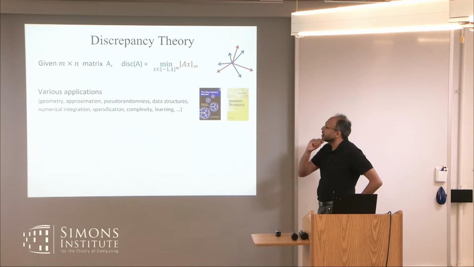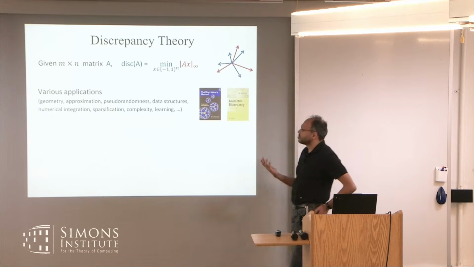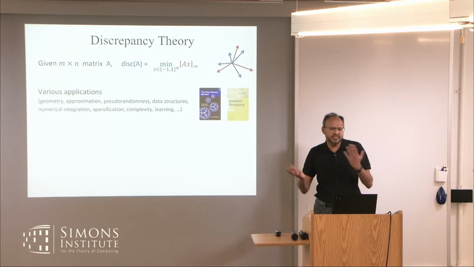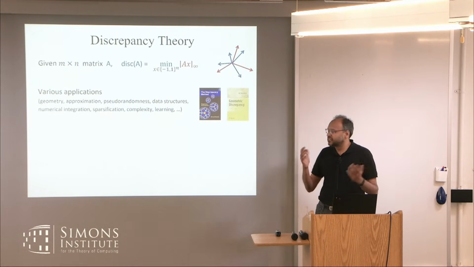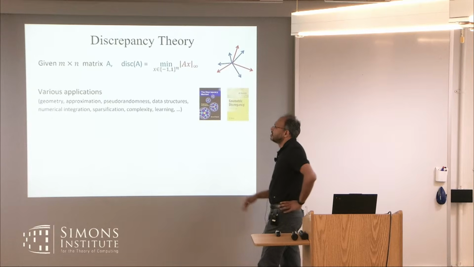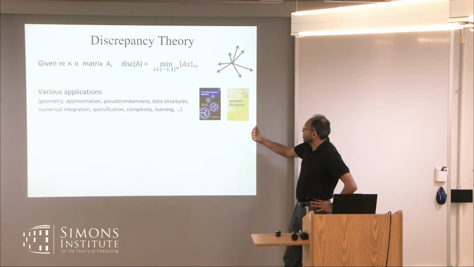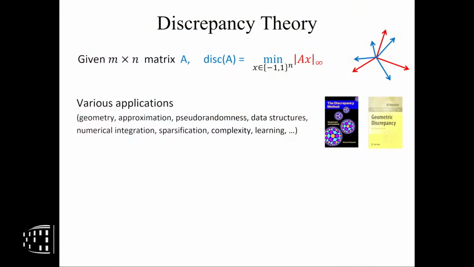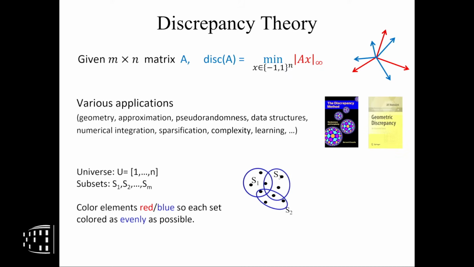Good. Okay. So in fact, there was a beautiful book by Banaszczyk, about 25 years ago, called the discrepancy method, where he shows it surprisingly connects to all kinds of amazing topics we all know about, in amazing ways. And there was also another, maybe slightly less known book by Matoušek, also about 25 years ago, where he shows various applications to geometry. And since that time, these are the most recent books on this topic, and there have been a lot more connections emerging. Okay, so I won't go much into the applications. That'll be a different talk. So that's my whole spiel about discrepancy.